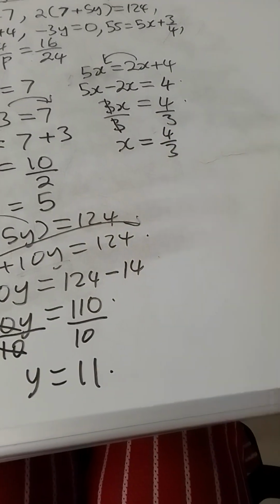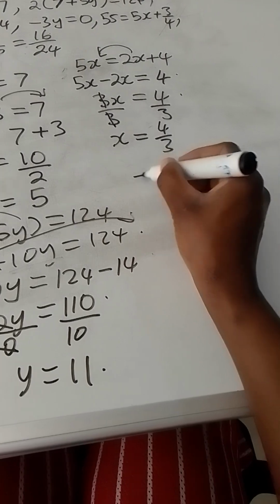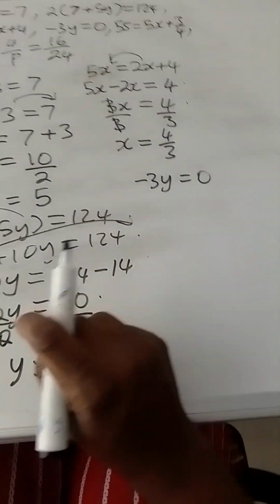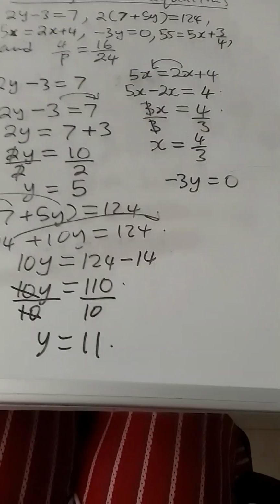And then let's go to negative 3y is equal to 0. Now, in this case, there's no need to simplify because we have